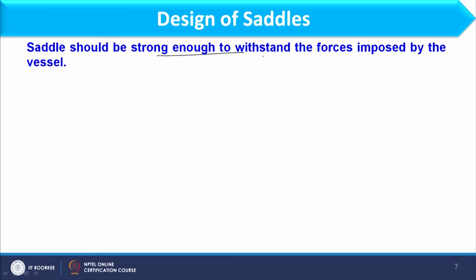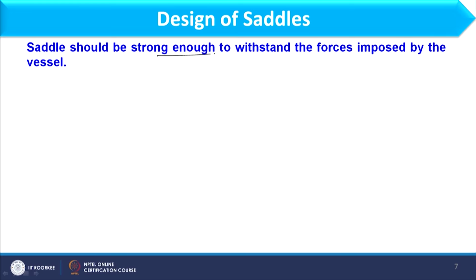So, till now we have discussed stresses which fall in the shell due to the saddle. Now, we will discuss the design of the saddle, because whatever stresses are occurring in the shell, or whatever forces are applied by the metal sheet of the vessel or the weight of the vessel itself, should be withstood by the support. The support should also be strong enough to bear all these loads, so for that purpose we have to satisfy the design equation related to the saddle.